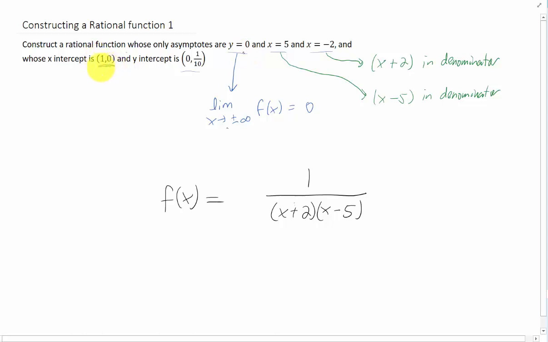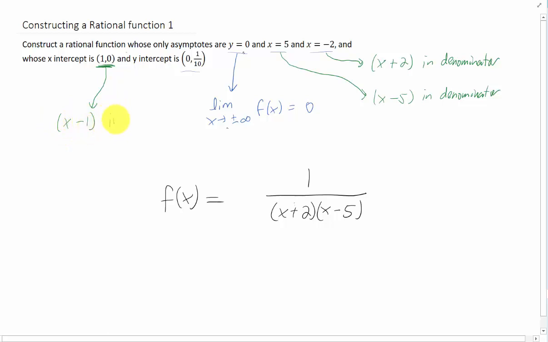How do we get an x-intercept of (1, 0) on a function? Now you might have to go back and review x-intercepts a little bit, but x-intercepts happen where a function value, or a y value, is 0. And a function equals 0 when its numerator equals 0. So what does that mean for us? Think about it for a minute, but this means that we're going to need a factor of x minus 1